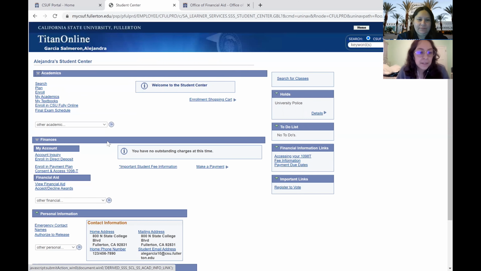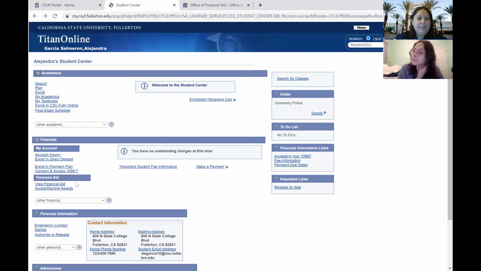And now back to finances. This is where you would have all your information for your classes, for how much they cost. So right here would usually show the amount you need to pay. And you can make a payment plan if you don't have the full amount ready in time. The payment plan is a 3-month installment. For 3 months, you have to pay a certain amount for each month, and then you'd be able to pay it off.